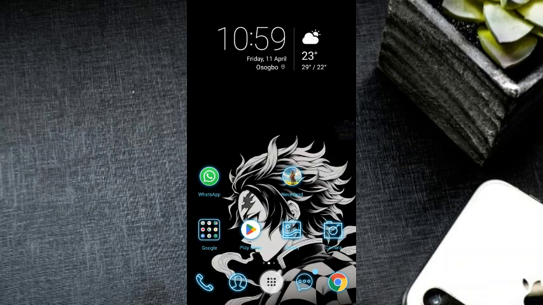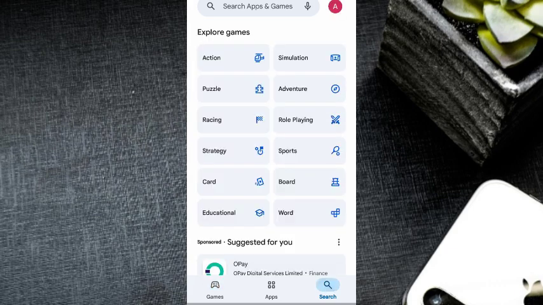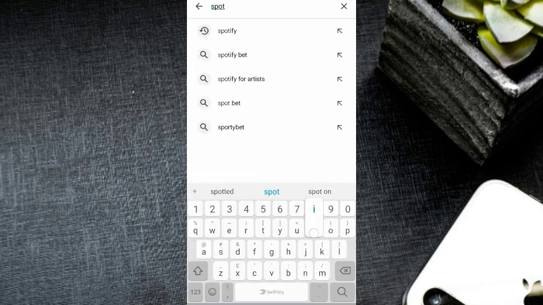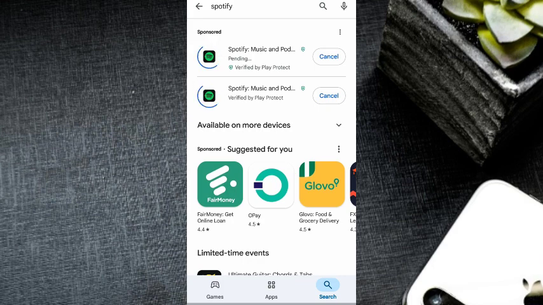Hello everyone, in today's video I am going to walk you through how to download and install Spotify. So you first of all open up the Play Store app, then you click on search, and in the search bar you just type Spotify, then you click search and you see the Spotify app, so just click on install and wait for it to